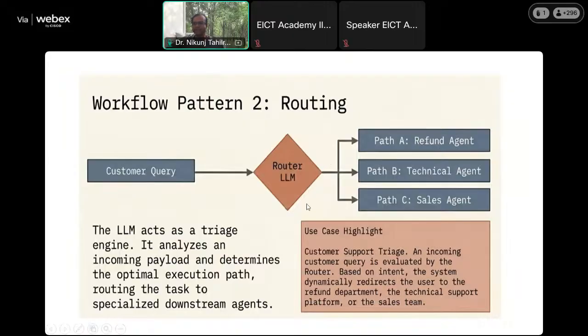So the router is nothing but the clever agent which will help the workflow to migrate to the specific agent based on the condition and the task which is being assigned by the user to this particular clever LLM. Okay. So if you want to understand this particular workflow, then you can see